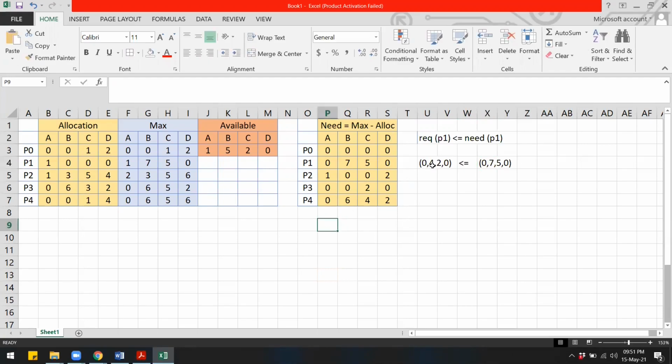Now what we'll do is, based on the request, we are going to adjust the allocation and available. That means if we give out 0420 to P1, then the allocation for P1 is going to increase. So right now the allocation is 1000, and if we give out 0420, then the allocation for P1 is going to become 1420, right? So we'll update this. It becomes 1420,